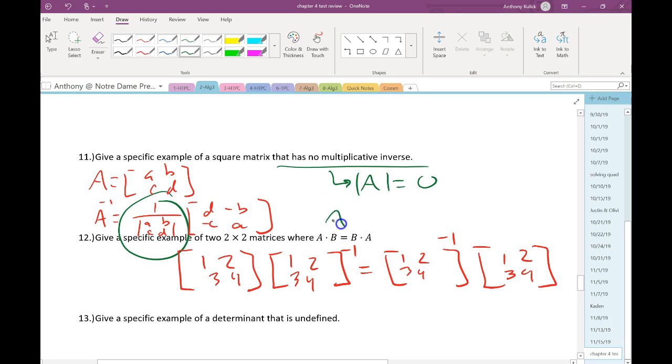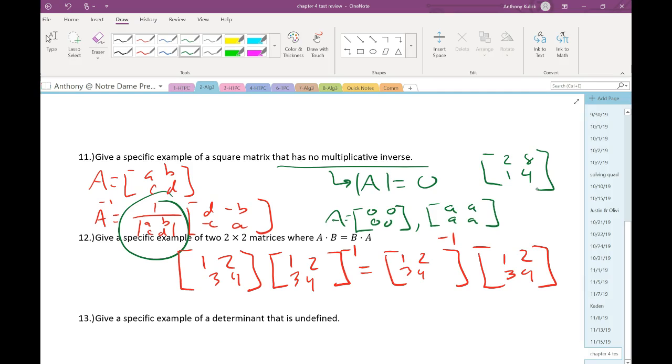So what's an example of that? Sure, the 0 matrix would work. That's kind of trivial, but yeah, sure, that would work. And really, in line with the 0 matrix, if you have the same element everywhere in the matrix, that'll give you a 0 determinant. Or you could have something like this. Why is that going to give you a 0 determinant? 2 times 4 minus 1 times 8 is 0, right? If the product of the two diagonals is the same, that'll give you a 0 determinant as well. So like any of those would be